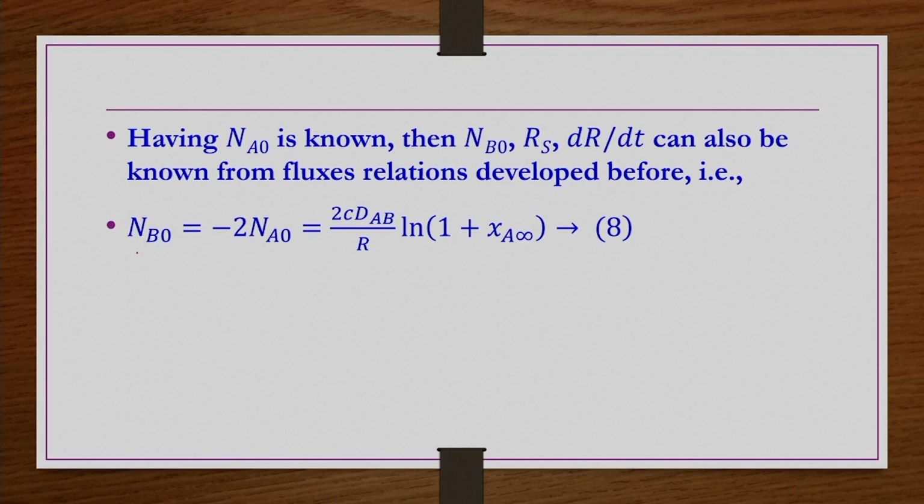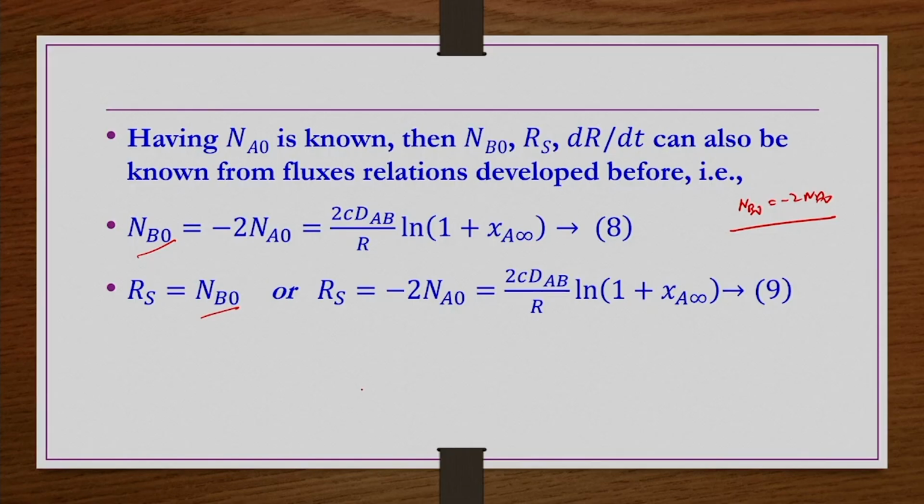How? We have already found that N_B0 equals minus 2 N_A0, that is equation number 5. N_A0 we just found as minus C D_AB by R ln(1 plus x_A infinity). You multiply this by minus 2, and you get plus 2 C D_AB by R ln(1 plus x_A infinity) as N_B0. And then R_s also we know. R_s is simply N_B0, or minus 2 N_A0, which is the same as equation number 8. So equation 8 and 9 are the same. One indicates N_B0 and the other indicates R_s, but both are equal to each other for this problem,